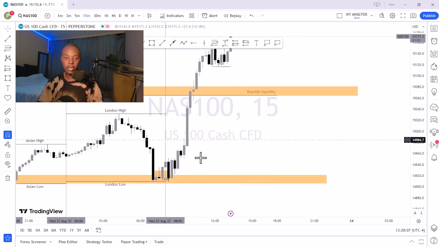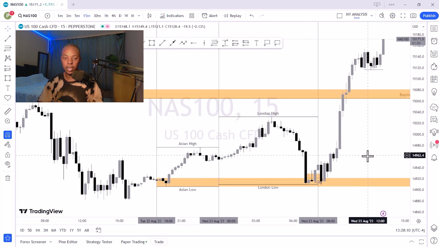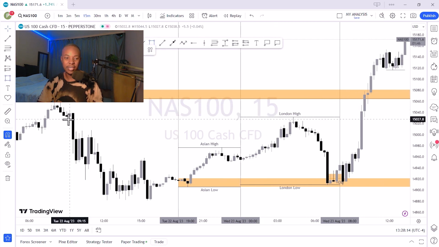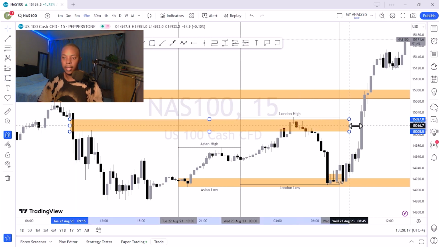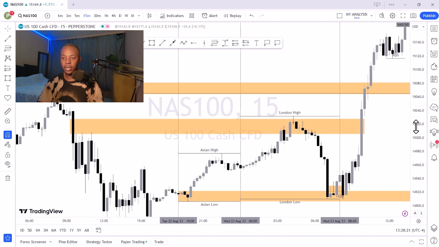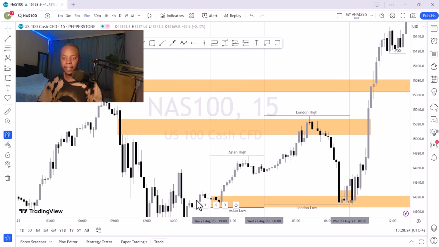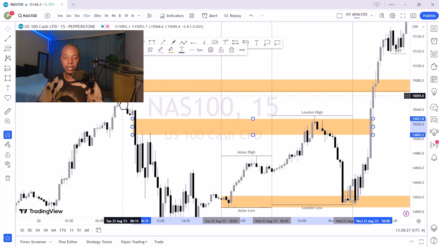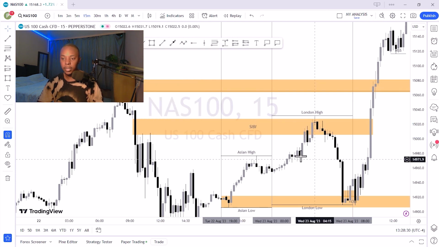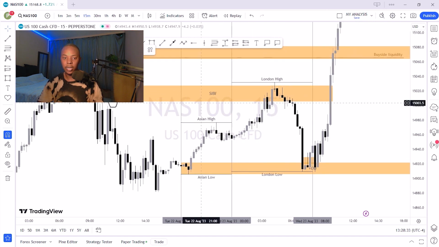Looking at this CB here, sell side imbalance, buy side inefficiency. Looking at that CB there, let me mark it out. There's that CB. Looking at that CB there, I actually took sells here and brought it all the way down